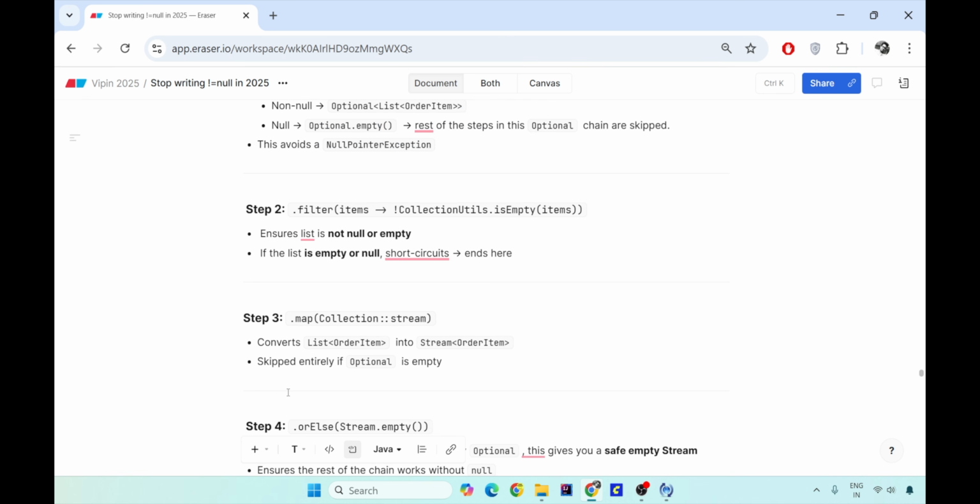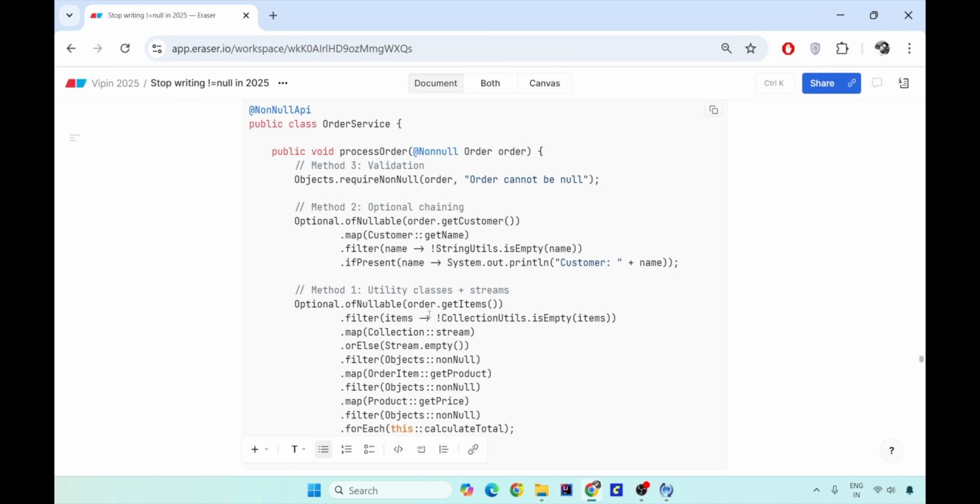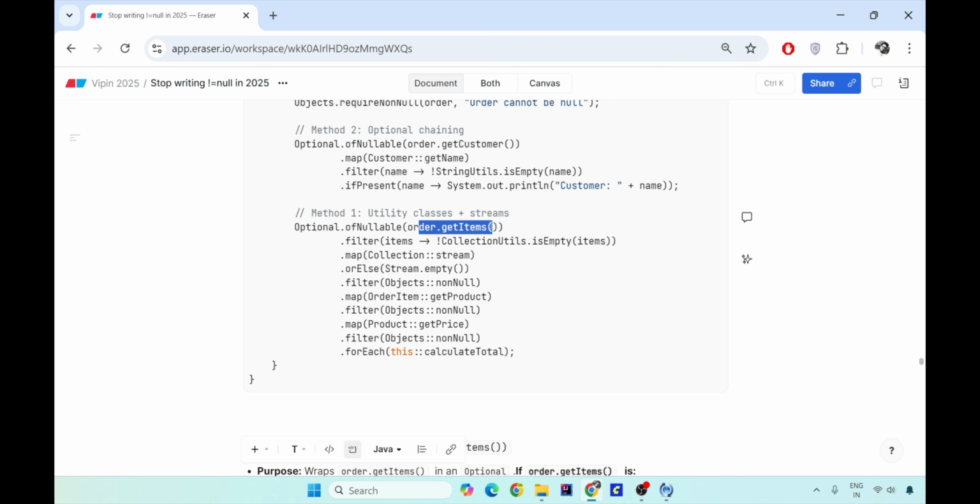So if any of the above steps would have returned an empty optional, for example, this item might be empty, then object.getItem would have thrown a null pointer exception, but since you have wrapped it in ofNullable, this orElse will fetch Optional.empty and return you an empty stream.